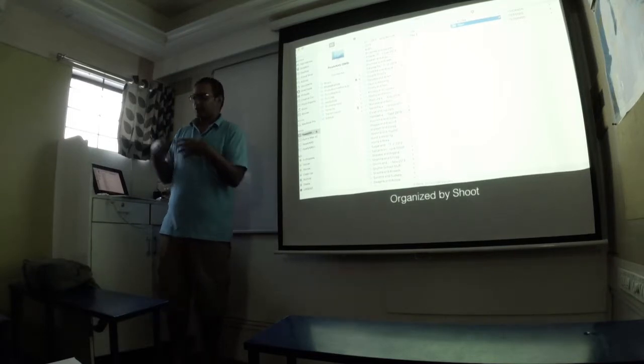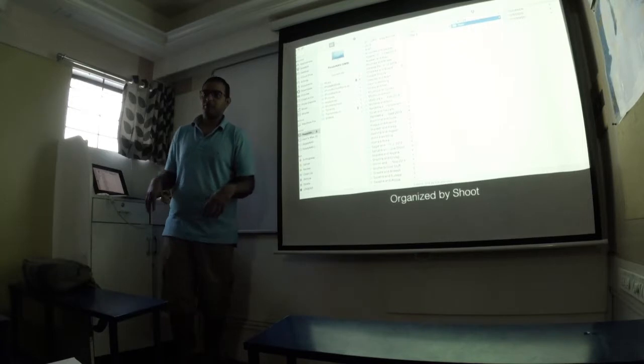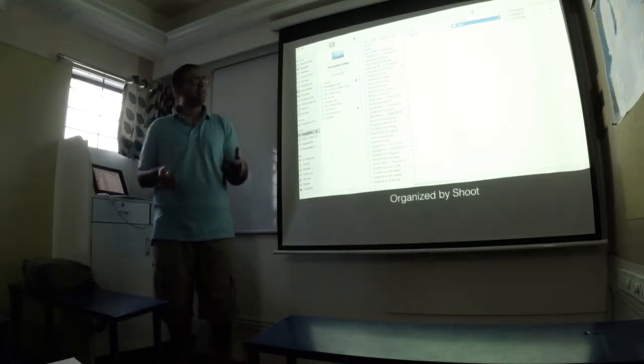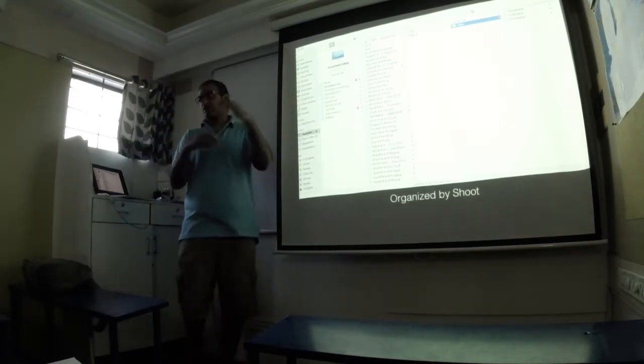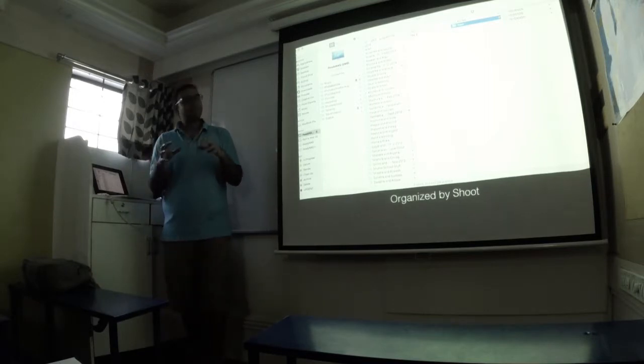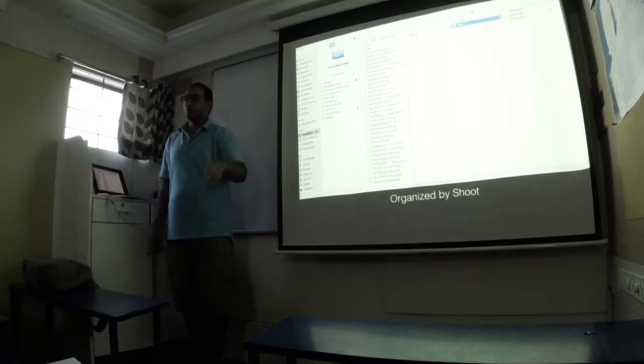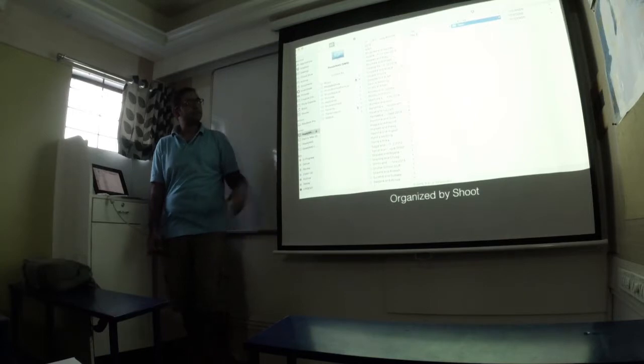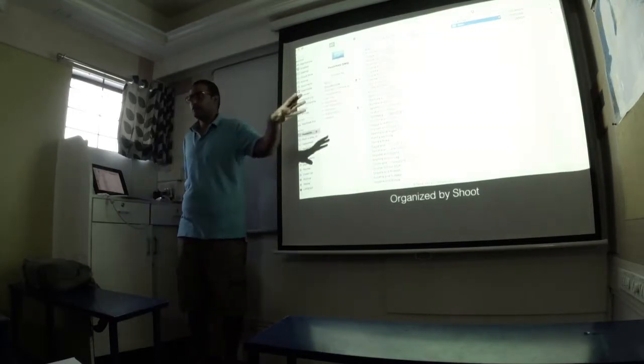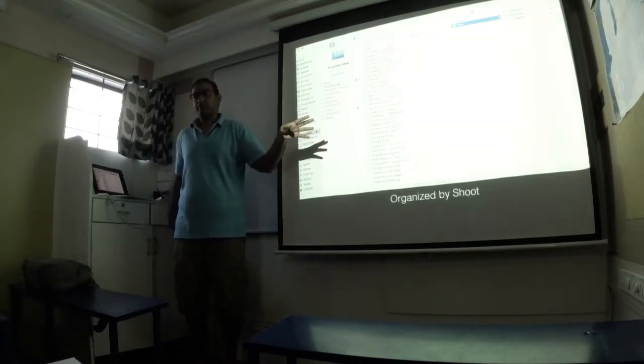Because otherwise, when all the files get mixed up, it's difficult to extract them. And I tend to shoot with people who shoot Canon, so all the cameras are also the same, and all the lenses also tend to be the same. So it's a little irritating to separate them out. So I do this, and it's easier. If someone wants their files, I just copy and give them those files from that folder. So that's my organization. You don't have to follow this. Just find something that works for you.